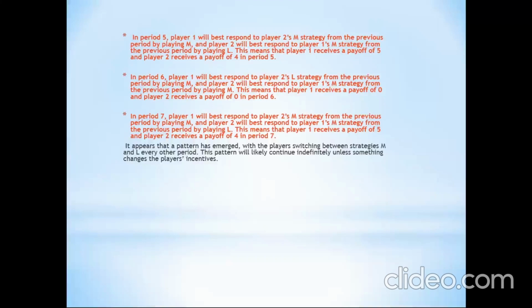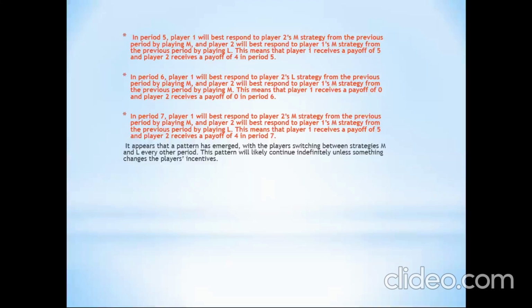In period 6, player 1 will best respond to player 2's L strategy from the previous period by playing M, and player 2 will best respond to player 1's M strategy from the previous period by playing M. This means that player 1 receives a payoff of 0 and player 2 receives a payoff of 0